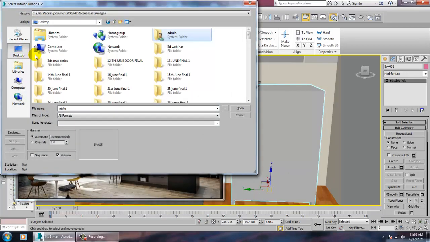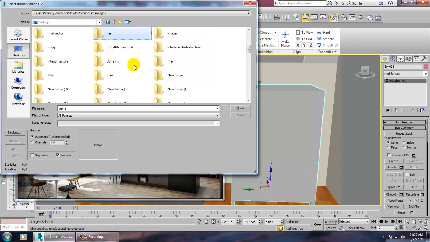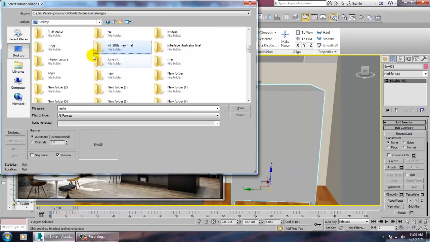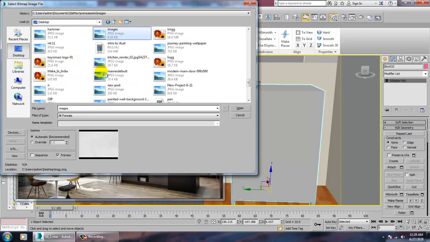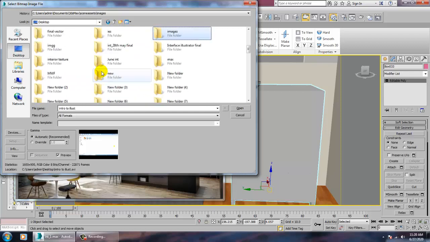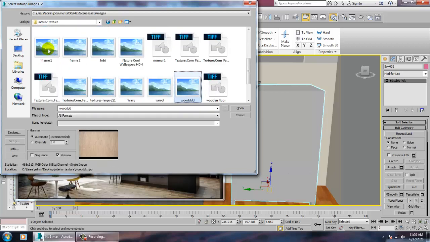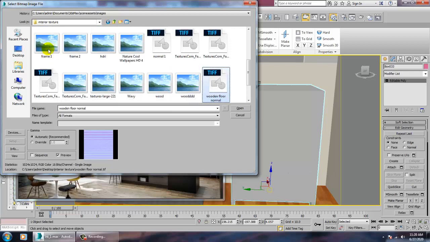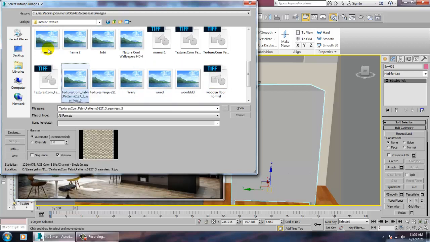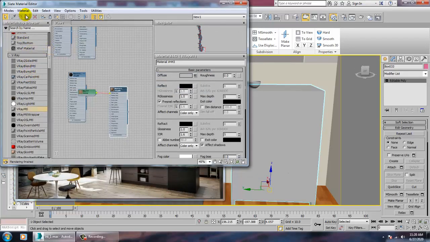So let's go into the desktop and let's go into the interior texture. So we can just assign this one texture over here.